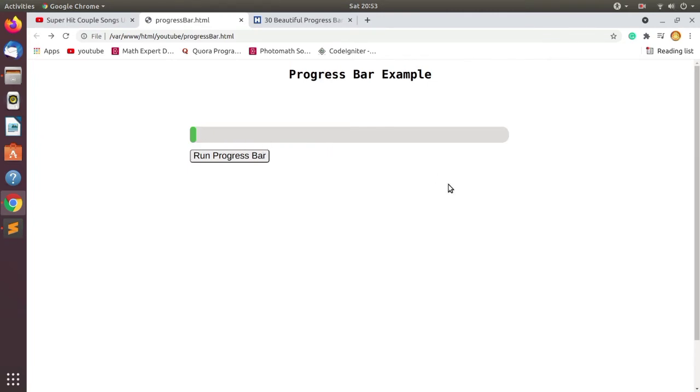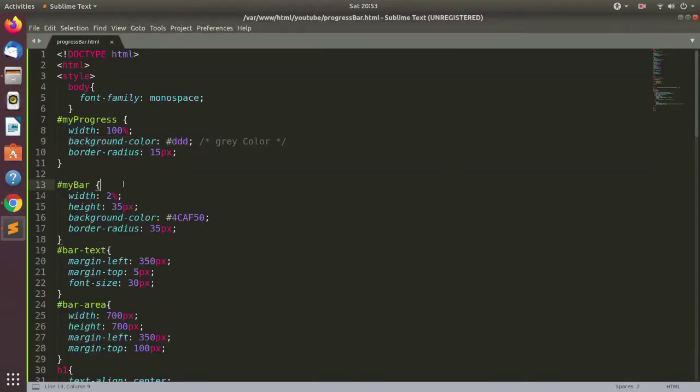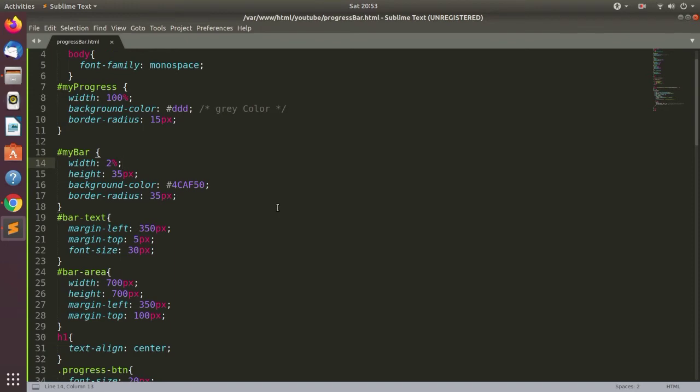The next division is myBar, which is another id, and I have created it using a green background color, border radius, and height and width. The first division's initial width contains 100%, and the second one, which is shown according to the progress of the task, has an initial width of 2%. This width varies according to time, which shows the progress of the task.